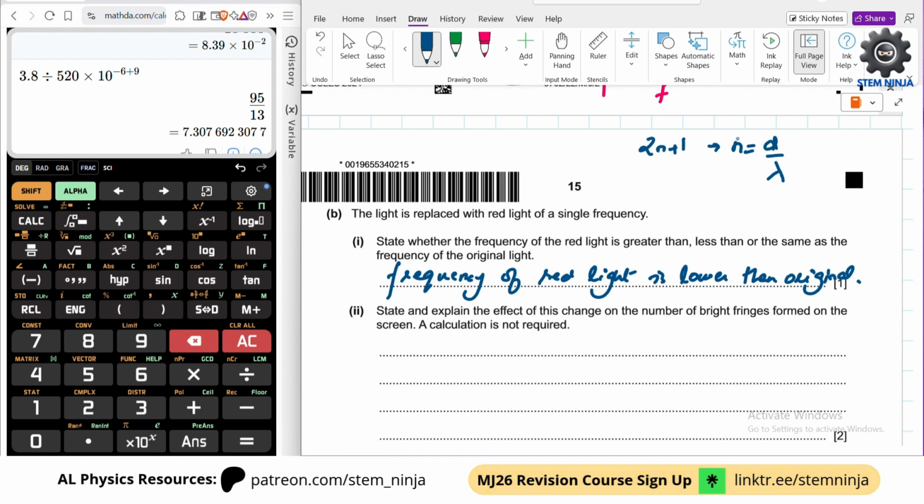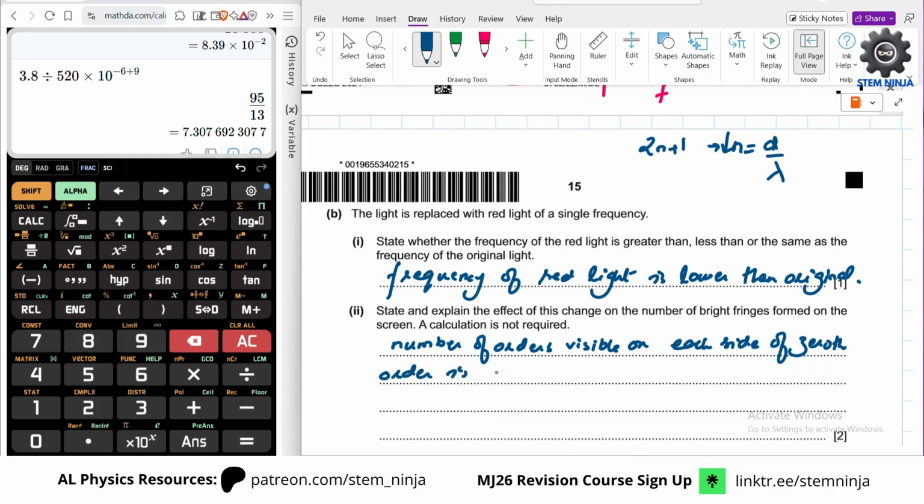So if lambda has increased, the number of total bright fringes would decrease. So the number of orders visible on each side of the 0th order is inversely proportional to wavelength,